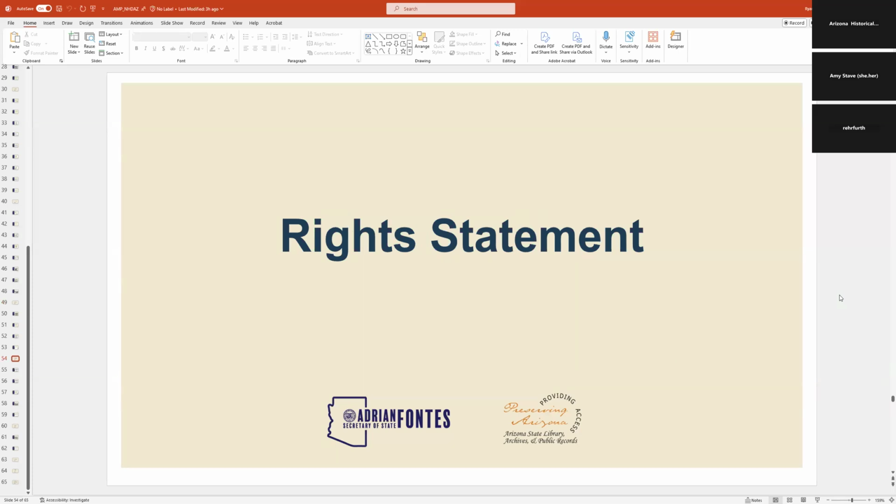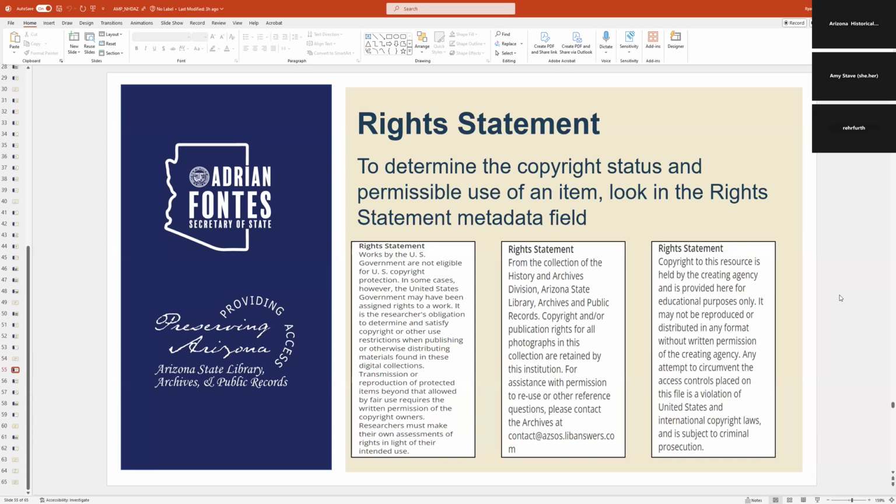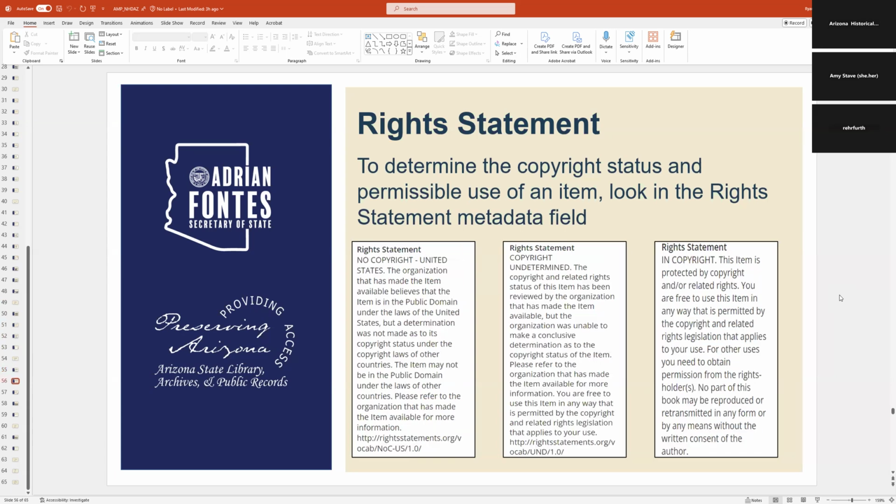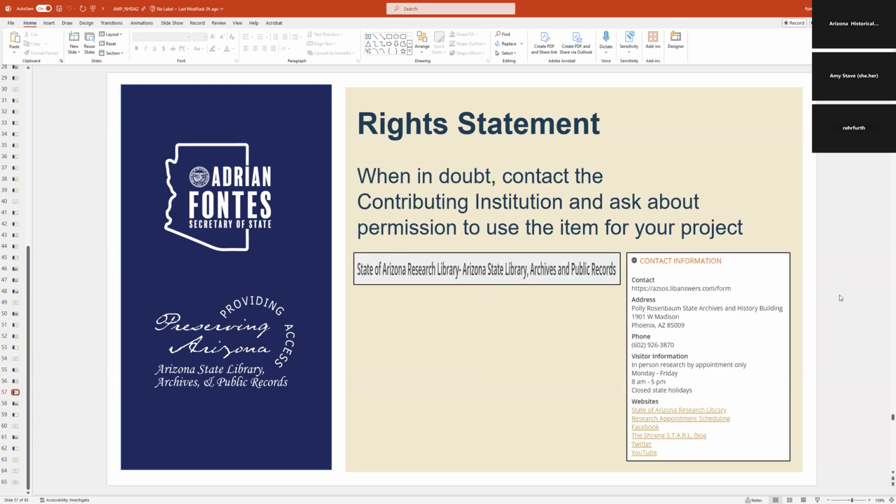So one way to check, like, "Oh, I wasn't able to download it. How can I get a copy of this?" Check the rights statement. These will tell you the permissible use and copyright status of any item. So these are just examples of rights statements you might see. Here's more examples. So yeah, check the rights statement field. This will be to the right of items. And when in doubt, find the contributing institution, which is in the metadata, and then just reach out to us. I just use us as an example. But again, there's 100 different institutions. Just find out who contributed the item and see if you can